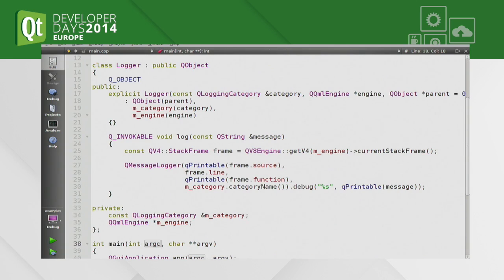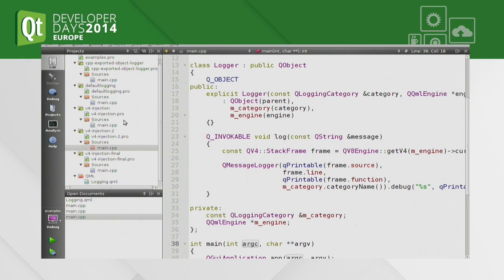Here we go. Oh, sorry, I can't read that. This is again a QObject, playing like that. It has a log method, which is invocable from QML. And in here, we just get the current stack frame using just that tiny bit of private API. It's just like that. And then we log. So we build a logger using the frame source, line, function name, and we log to that category. Just as simple. I can run it, and